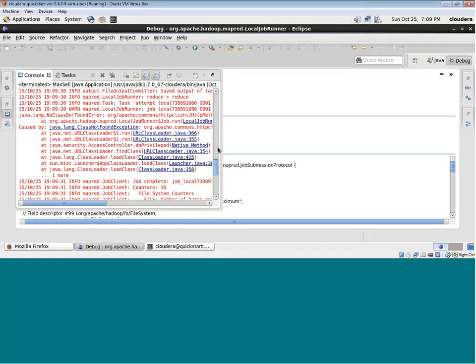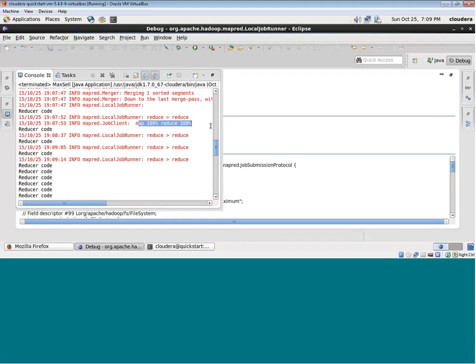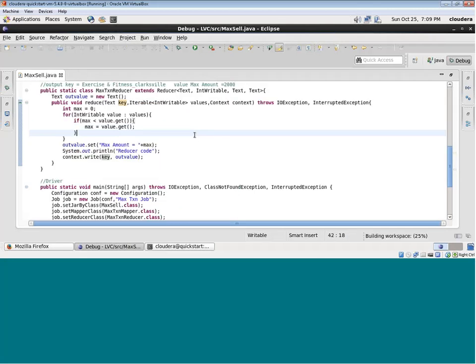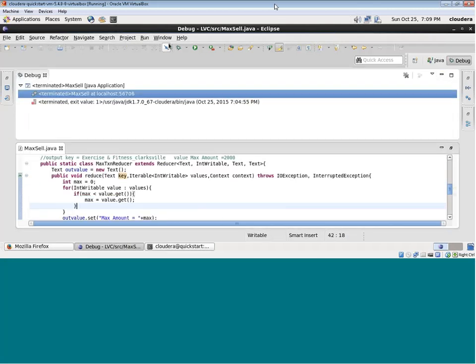Your output has come. MapReduce is 100% completed. So let us go and check your output. What is the output that has been created? So if you go here and check,